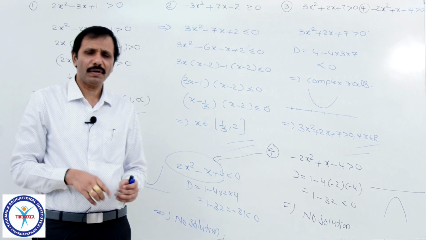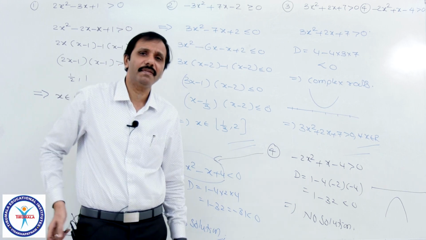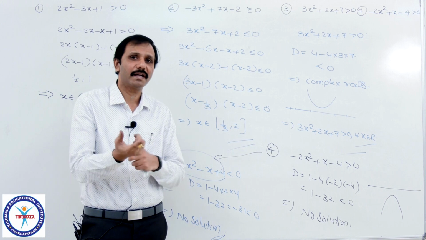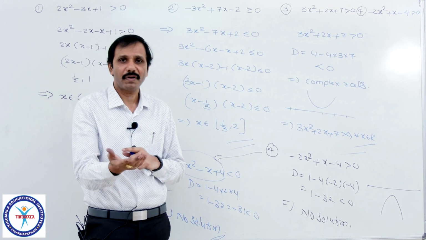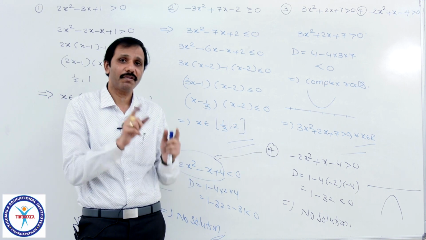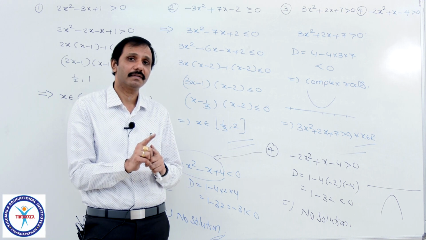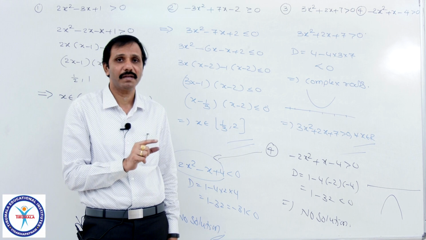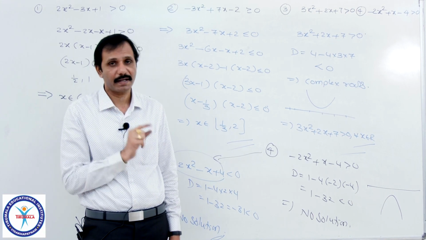So, we have seen only quadratic. Of course, linear we have seen, that one can easily understand: x plus alpha, x minus alpha, where it is greater than 0, because x equal to alpha is a root. Greater than alpha means positive, less than alpha means negative if you take x minus alpha. And next we have taken quadratic, when it has two factors of the type x minus a and x minus b, and we have seen the intervals where it is positive and where it is negative.